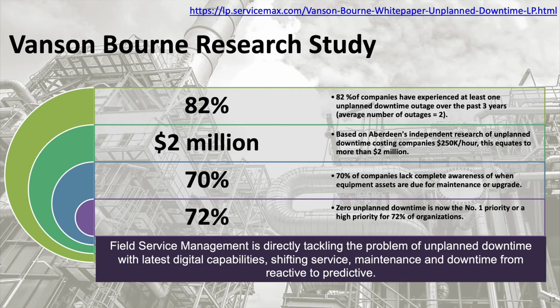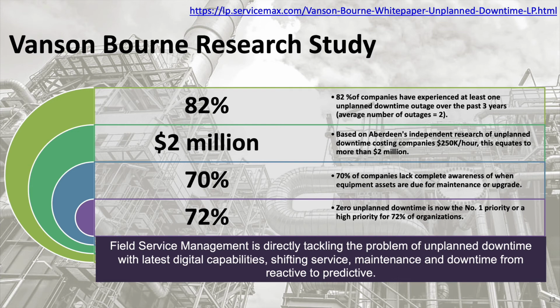70% of companies lack complete awareness of when equipment assets are due for maintenance or upgrades. So having a system in place can actually save some money at the end. Zero unplanned downtime is now the number one priority, the highest priority, right, of around 72% of the organizations interviewed